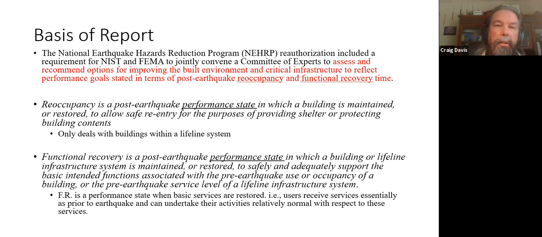So the basis of the report comes from the reauthorization in 2018 of the National Earthquake Hazard Reduction Program, where Congress asked FEMA and NIST to assess and recommend options for improving the built environment and critical infrastructure to reflect performance goals stated in terms of post-earthquake reoccupancy, which is for buildings, and functional recovery time, which is for buildings and lifeline systems. So for sake of time, I'm not going to describe reoccupancy, but it does apply to the buildings that make up components of the lifeline system. But I will describe to you functional recovery defined